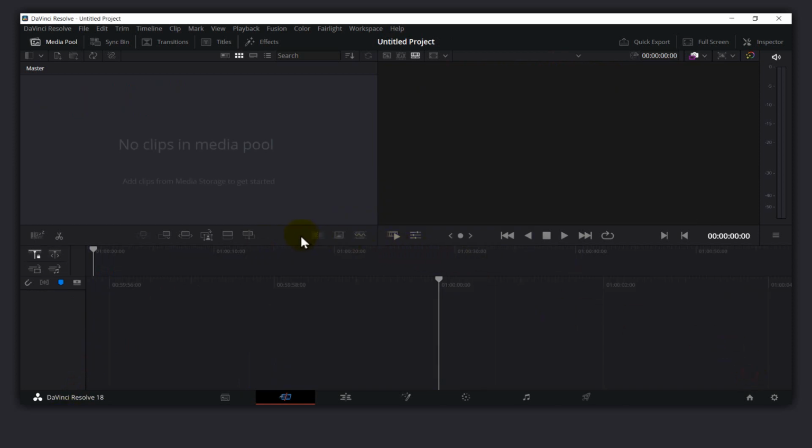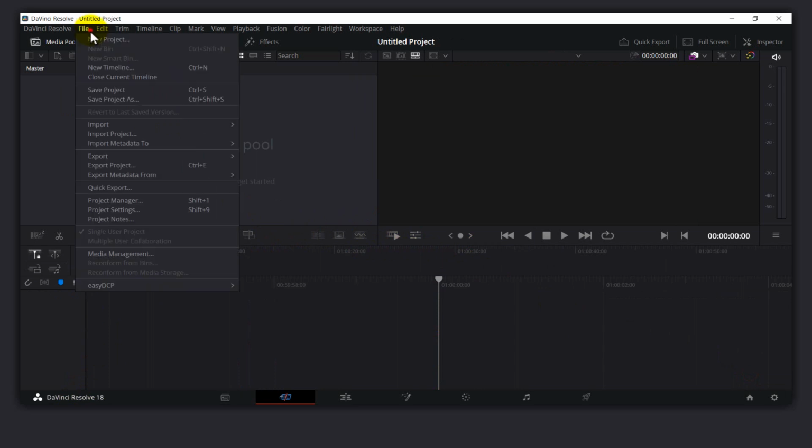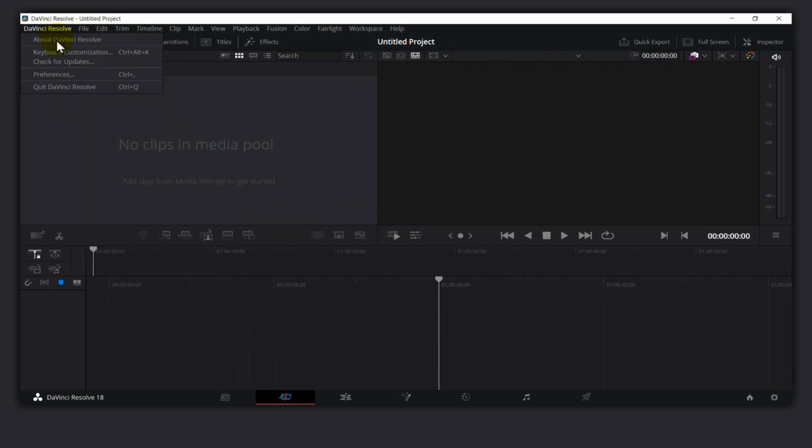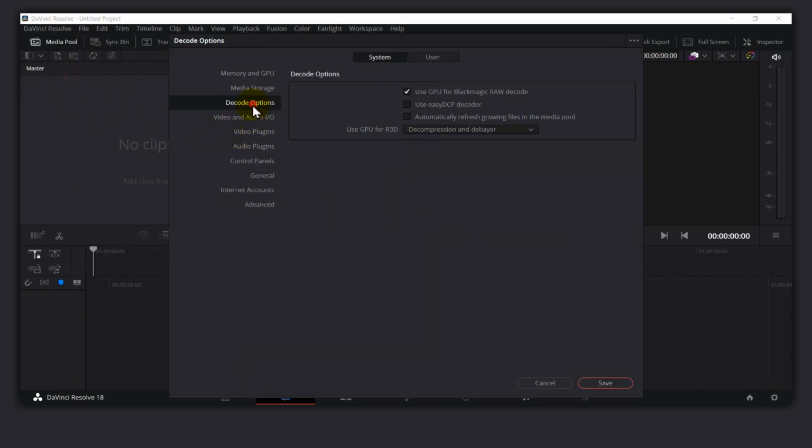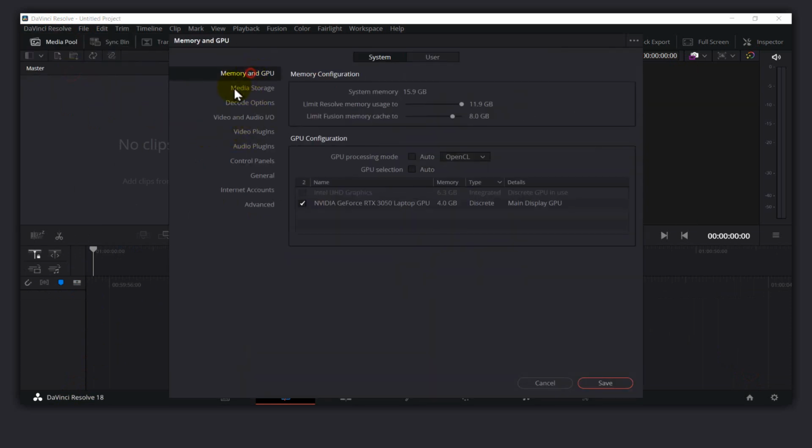Alright, so what you have to do to fix this problem is to head over to File, to DaVinci Resolve and Preferences, and here we have to go to Memory and GPU, and here you need to select this one. In here, make sure your